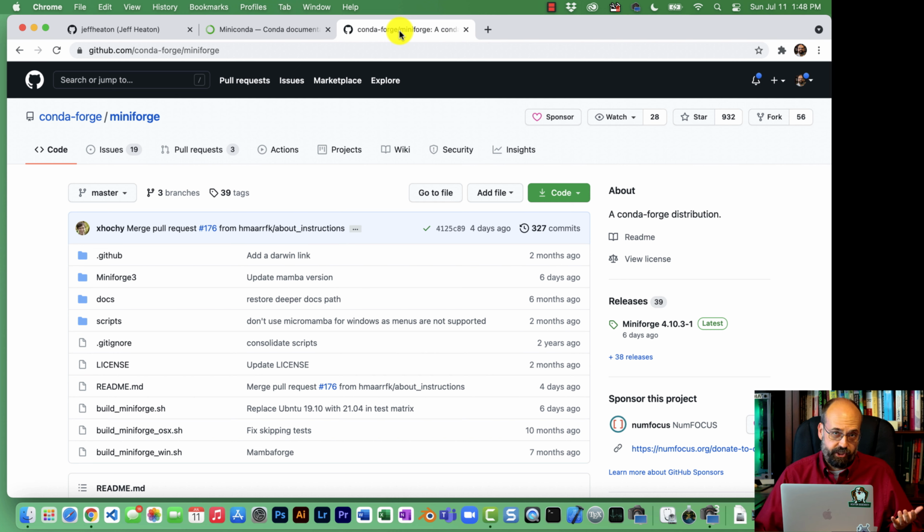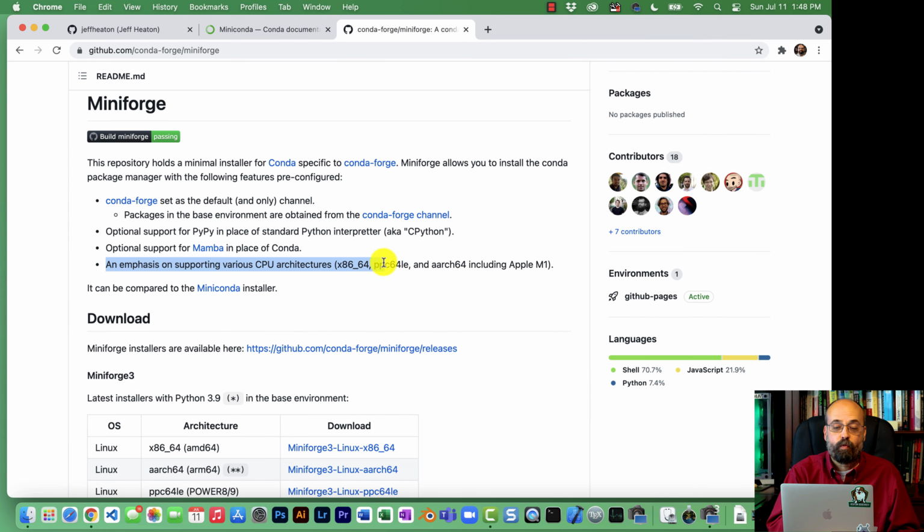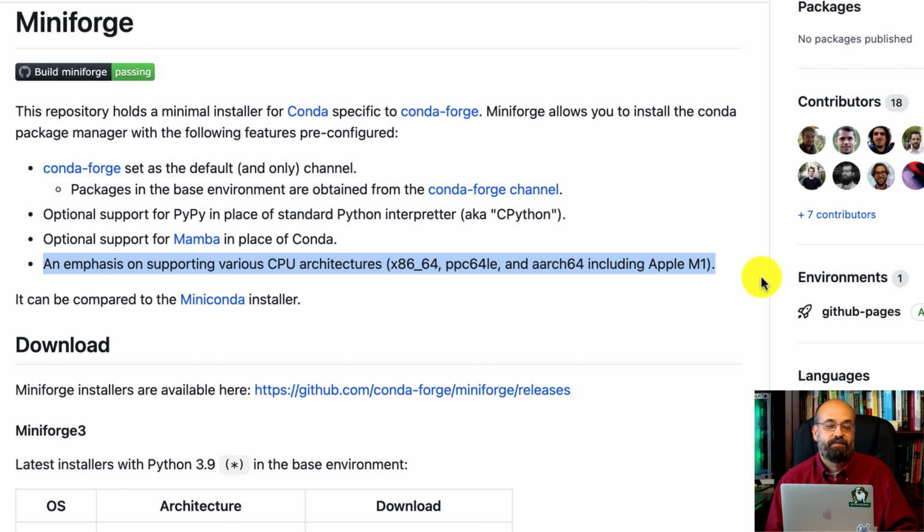So on this machine, I am going to show you how to install MiniForge, and it'll just be MiniForge without Anaconda. I do actually run both of them on my Mac. I might do another video on that. If you're interested in seeing how to run them side by side, definitely let me know. But the point is, MiniForge places an emphasis on supporting various CPU architectures, including Apple M1. Personally, it annoys me a little bit that I can't run everything through Miniconda and I have to have two entire Python instances on my Mac, but that's the way they want to do it.